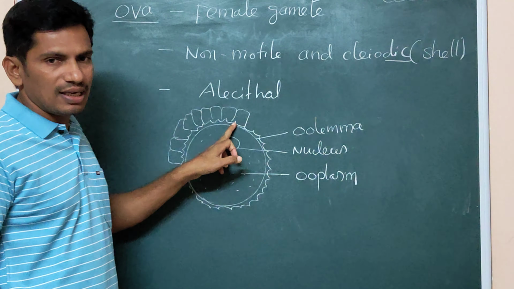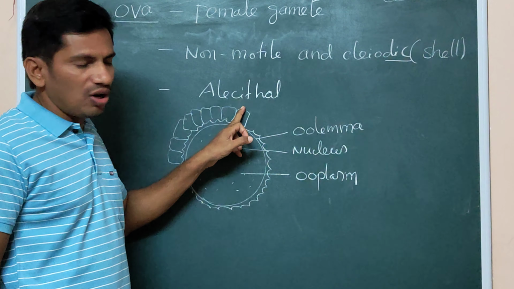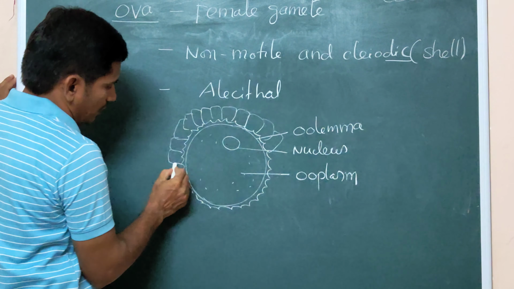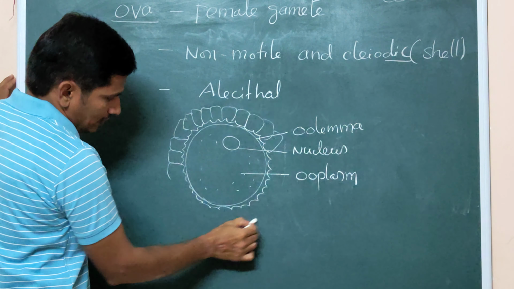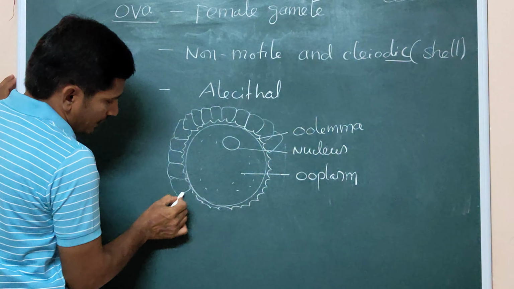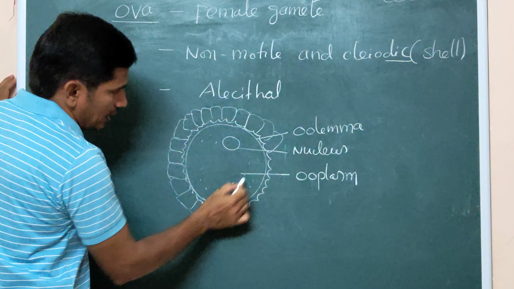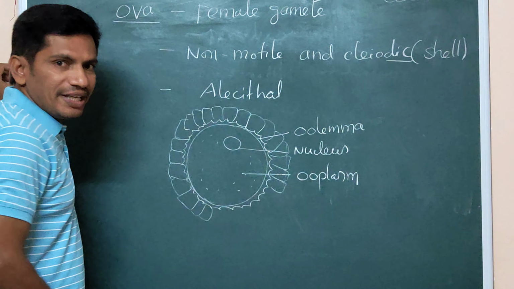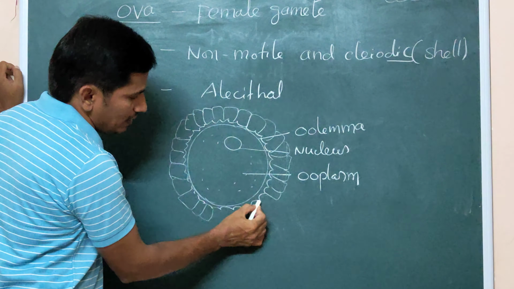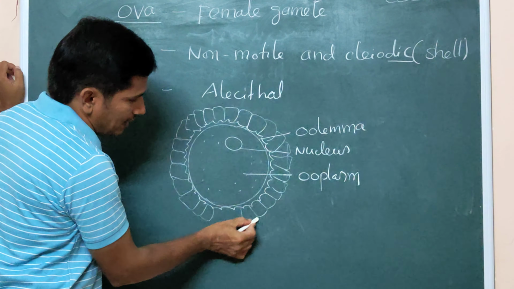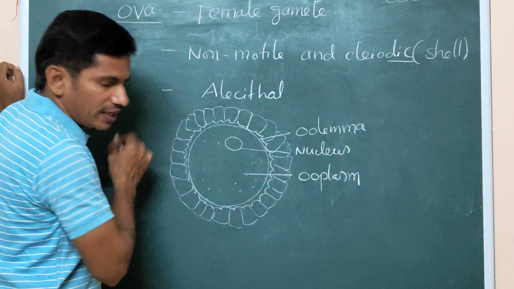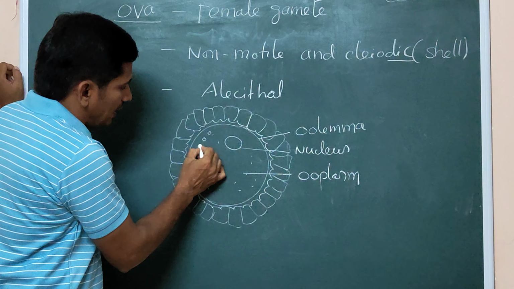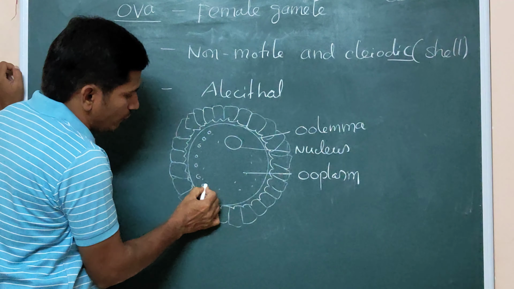This is the multicellular layer, and this is the non-cellular layer around the ova, right? These cells are attached one to one by hyaluronic acid. These are the corona radiata. And here, at the periphery of the ooplasm,